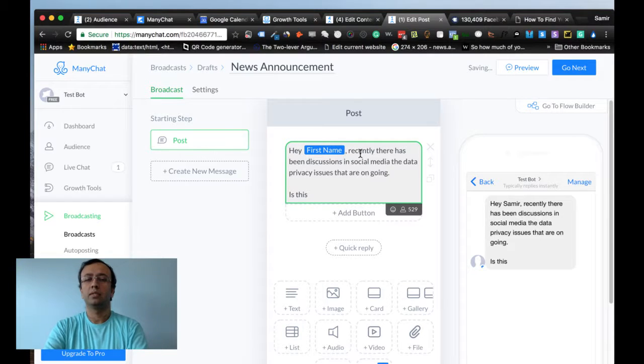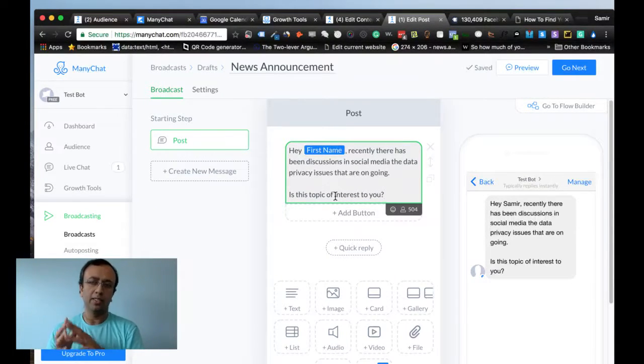Is this topic of interest to you, right? So I am not talking about the event specifically. I'm just talking about something happening recently. Like I said earlier, what's the newsworthy item here? So recent discussions in social media about data privacy issues, right?